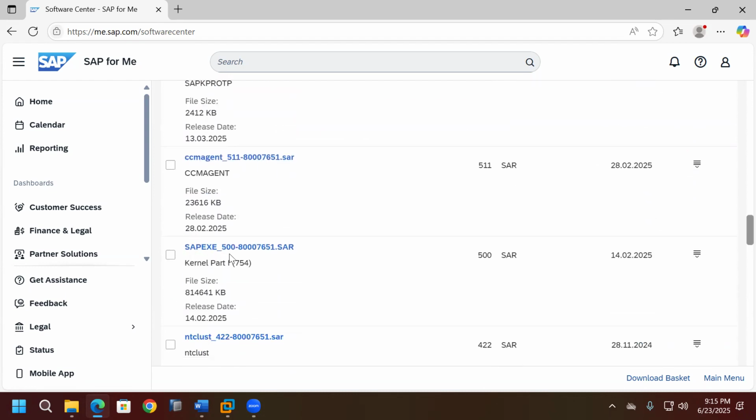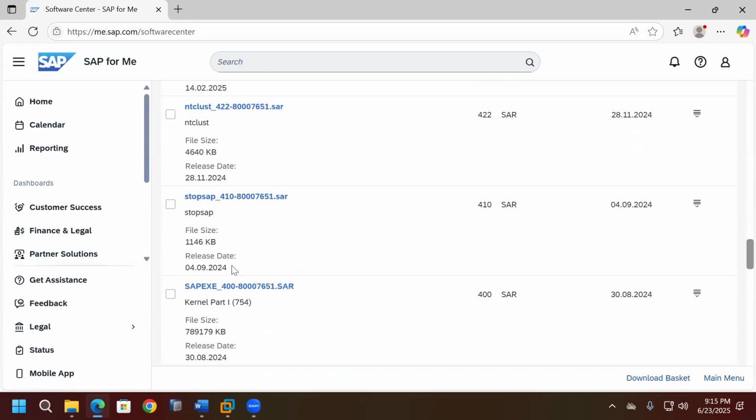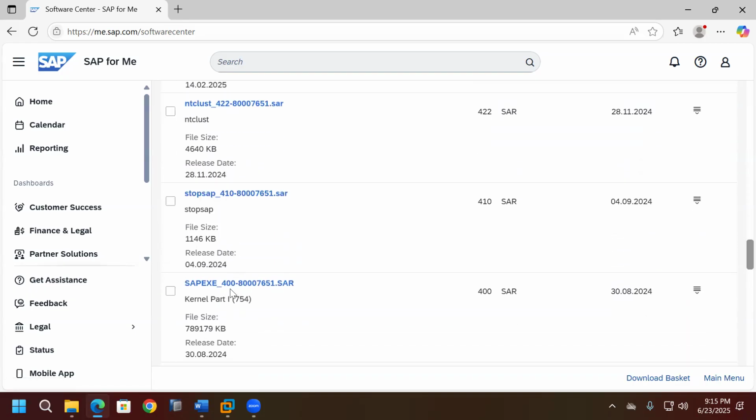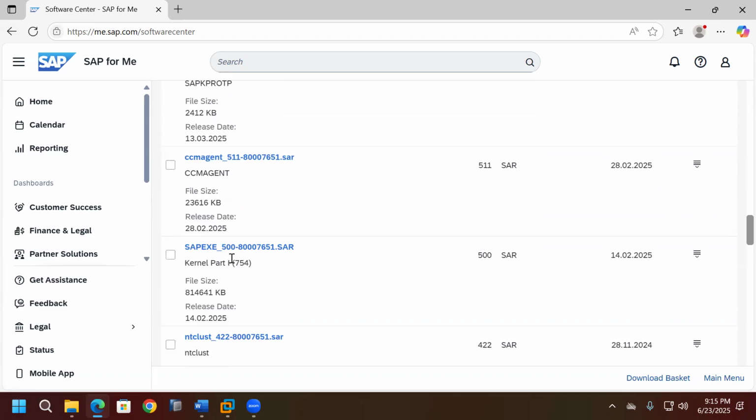SAPEXE.SAR, Kernel part 1. So this is the latest file, 500. SAPEXE.SAR 500 is the latest one. The previous one is 400. After downloading this latest file, SAPEXE.SAR,